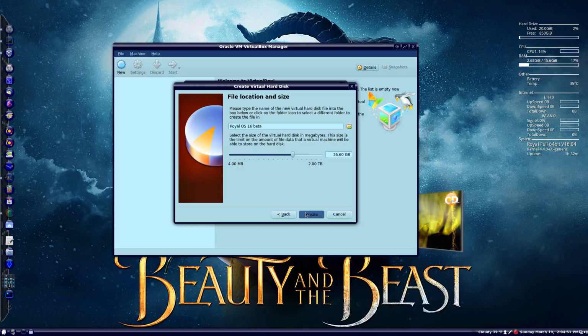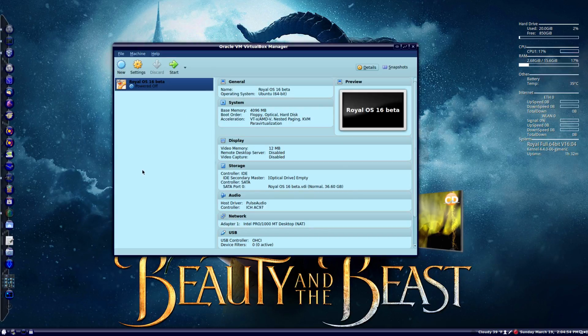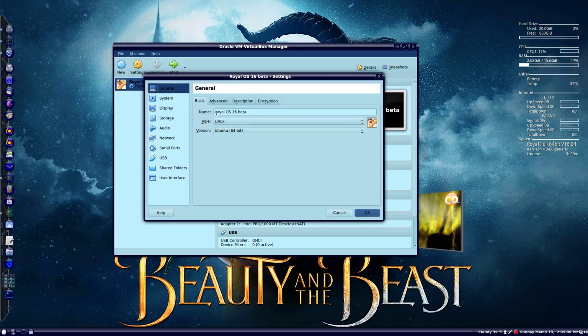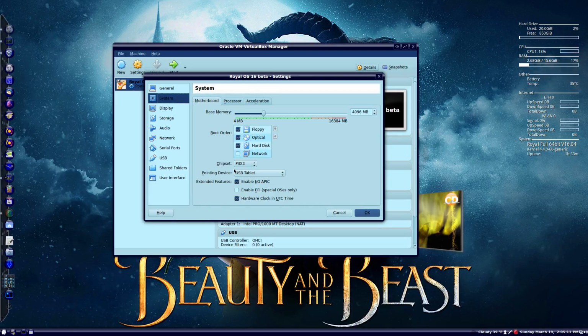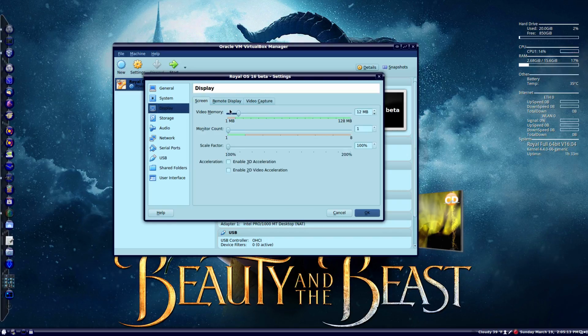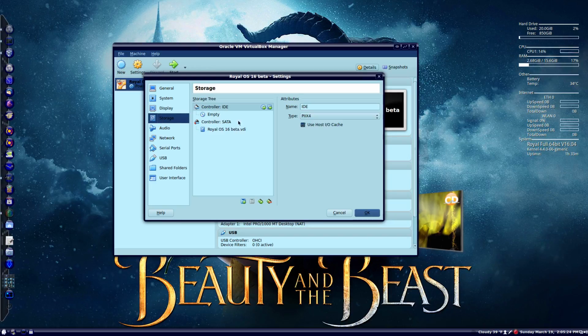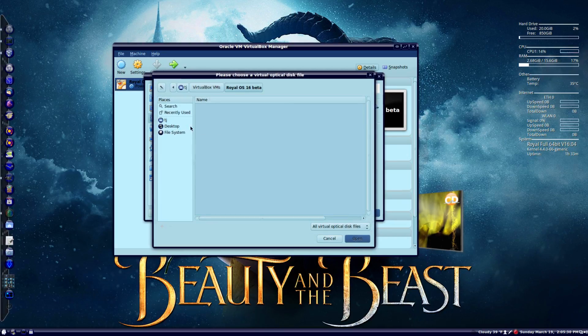I will give it that high, whatever. So let's go to settings. Put this on here. System processor, we don't want display memory. Put that all the way up. That up. Then we want storage. I don't mess with anything else but those. So let's choose our